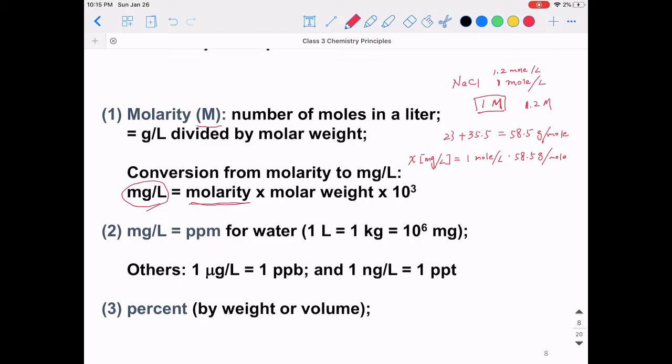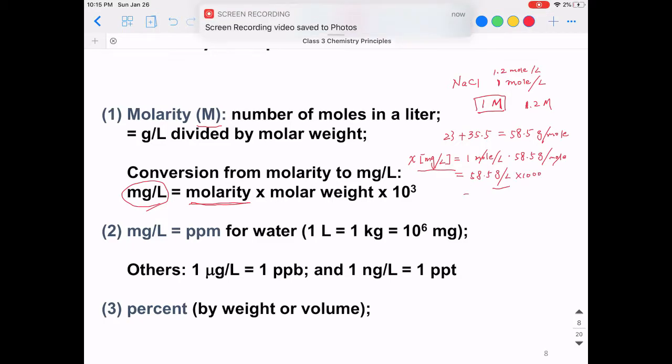So we can see that in terms of the unit, mole can cancel out, which is going to be equal to 58.5 gram per liter. So please notice that here the units are a little bit different, right? So we want to convert it into milligram per liter. So we're going to multiply by 1,000, right? So that's going to give us